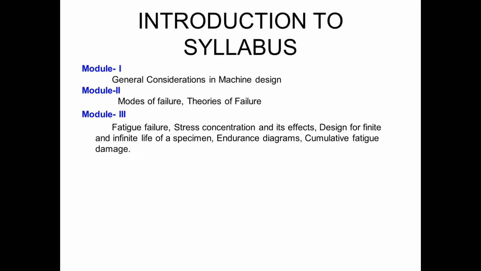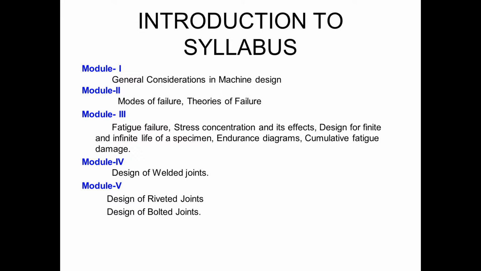If you see the syllabus portion of this course, from my part I have covered so far the first, second, and third module. So I am left with the fourth module and fifth module. In the fifth module, the bolted joint part is taken by Shudipto sir, so I will not take this part. I am left with only two more topics, that is rivet joint and welded joint. So today we will start the design procedure of rivet joint.